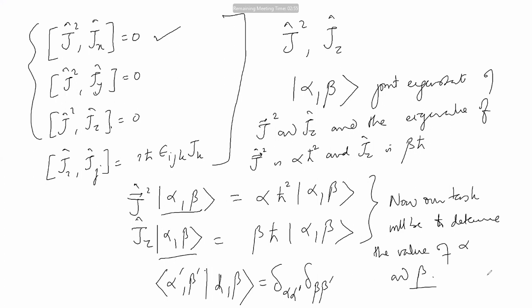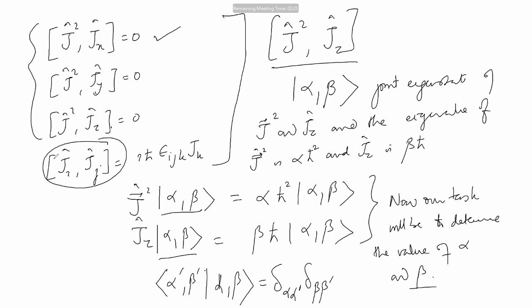Yes, sir. Why are we only taking the commutator of J square, comma Jz? Why not J square, comma Jx, or J square, comma Jy? You are free to do that, but you can have only one choice. If you stick to J square and Jx, then you cannot take J square and Jz or J square and Jy, because Jx, Jy and Jz among themselves don't commute.